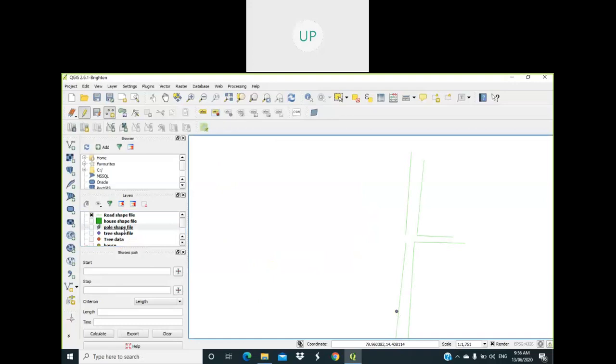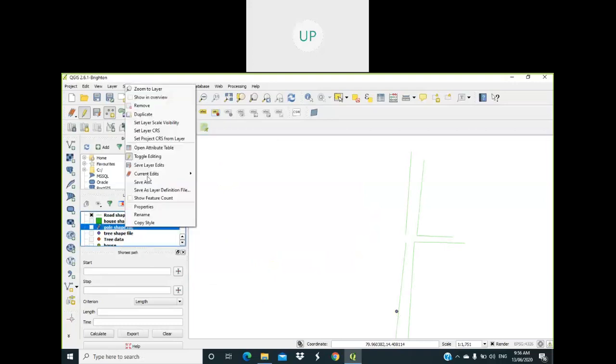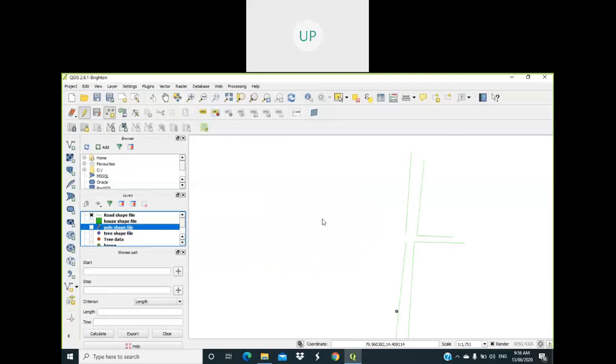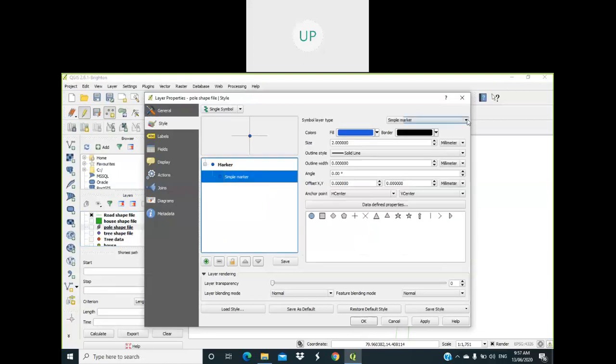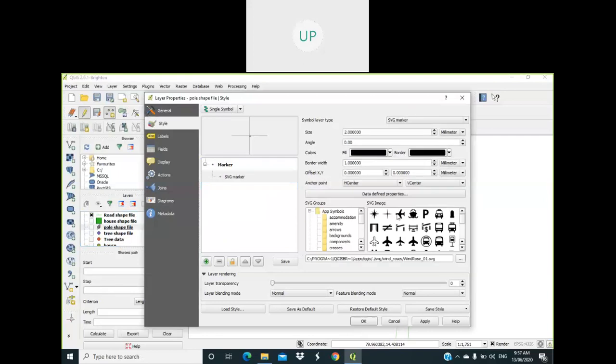Okay. So go to properties. Here you can click simple marker. Here the file is SVG marker. So here you can see different images.